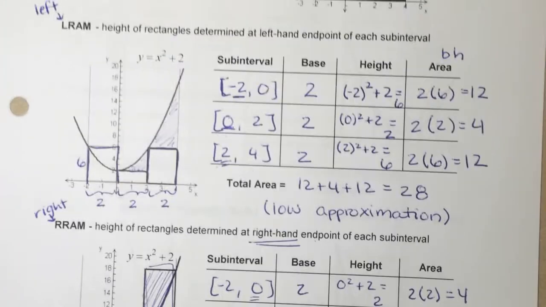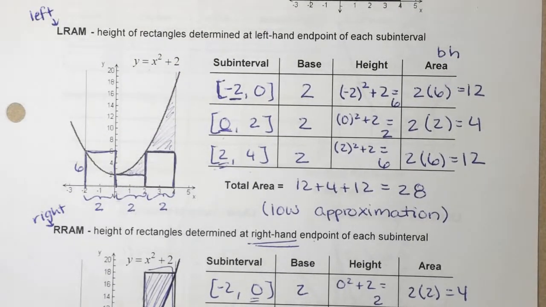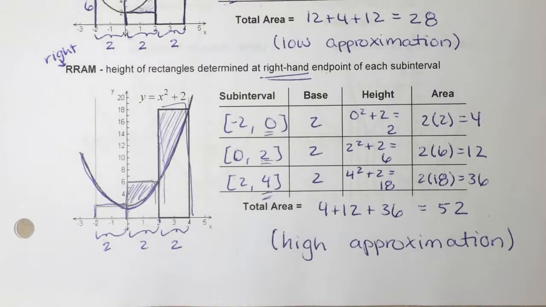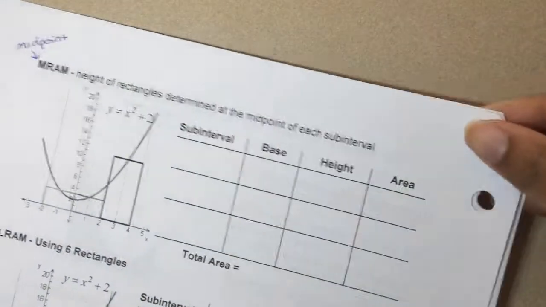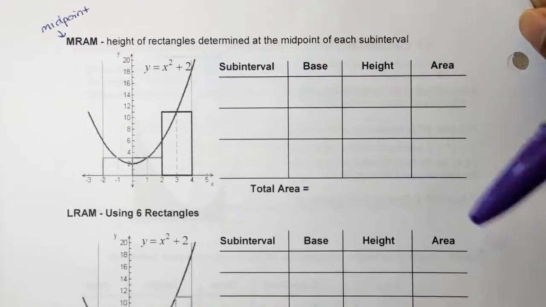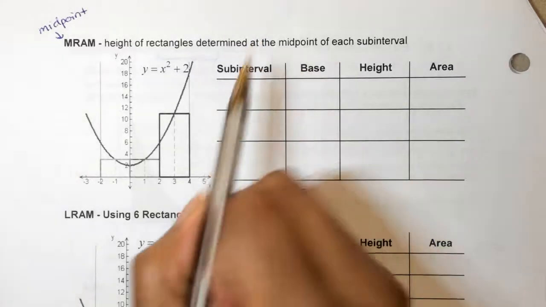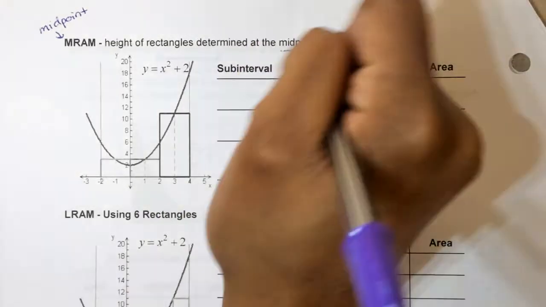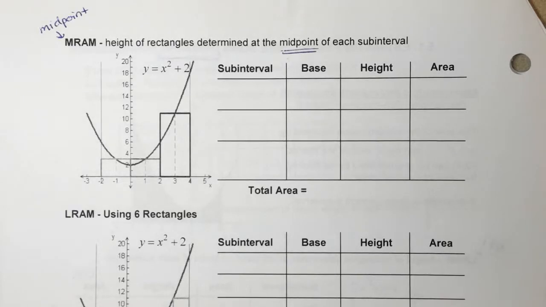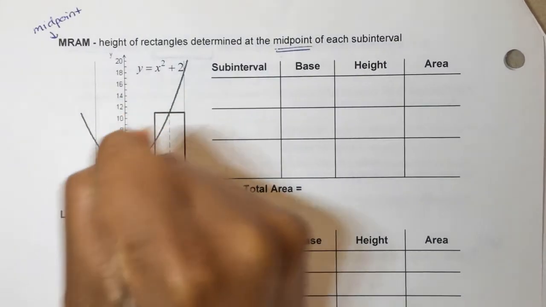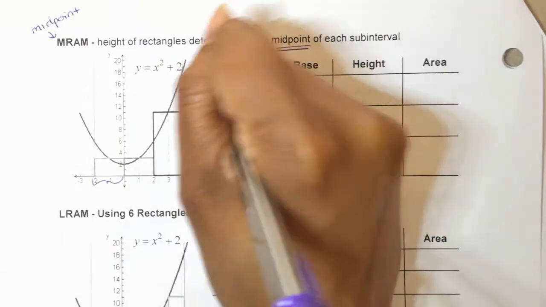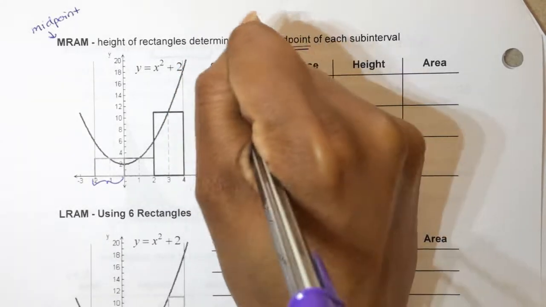So our left Riemann sum for this example gave us a low approximation, and our right Riemann sum for this particular example gave us a high approximation. Now let's look at our midpoint Riemann sum. So now the height of these rectangles is determined by the midpoint of each subinterval. So we still are looking at the same subintervals, right? -2 to 0,